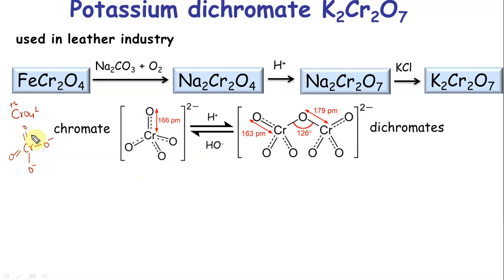But what you can see here is there are 6 bonds shared in 4 different places. So each bond has a bond order of 1.5. And it's perfectly tetrahedral, so 109.28 is the bond angle. This chromate and dichromate are interconvertible depending on the pH of the system. In acidic medium, you end up forming dichromate. Dichromate in basic medium gives you the chromate ion.